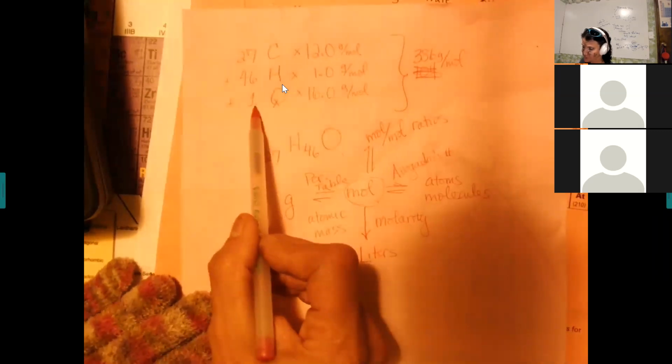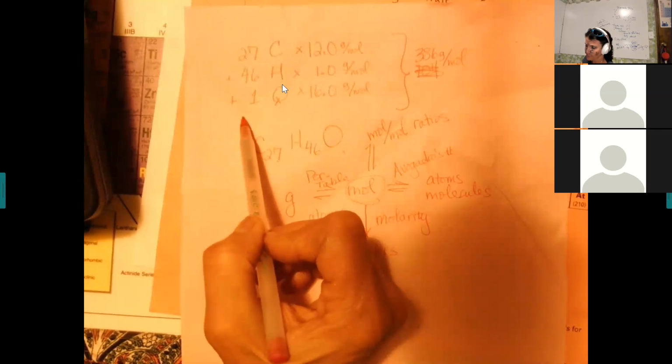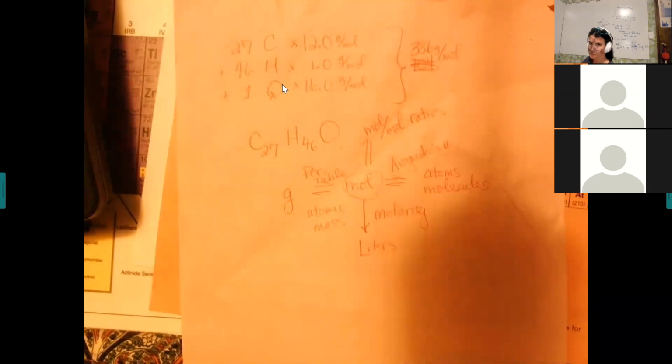And then there's 1 oxygen. So if there's no subscript, it just means you have 1. You take the number of each element times that atomic mass, and you add them all up, and you'll get 386. Just use 3 sig figs. Let's just go with 3 sig figs, and it will keep it beautifully. So we're going to see that number keep showing up because we're going to do it for the next one. So it's